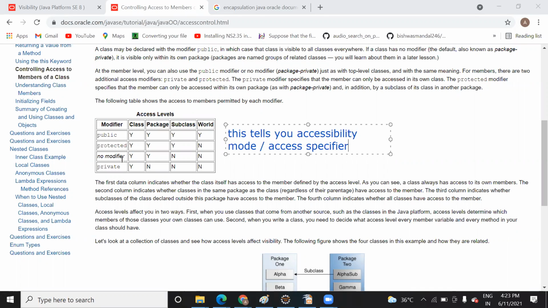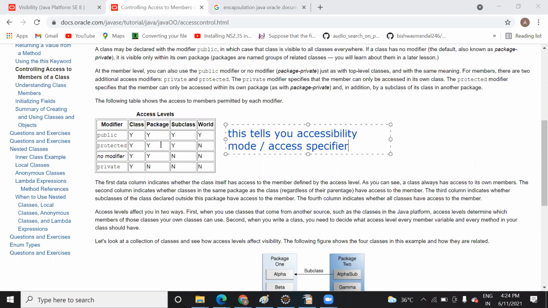So if anyone asks you, but I have heard that there is a default modifier also, what do you mean by that? Then you just say, as per the genuine resource from the Oracle document, I have read that there are only three modifiers, and the fourth one is no modifier. If you declare accessibility mode as no modifier, then that variable will be accessible freely in the same class and inside the package, but not by a subclass.